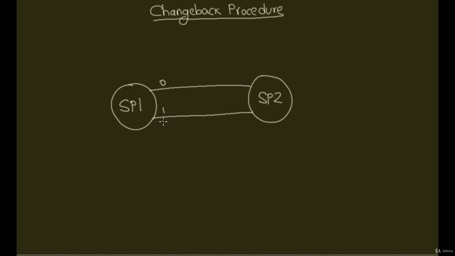In order to follow this process, signaling point 1 will send the changeback declaration from SP1 to SP2. So a CBD message will be sent, and this will state that signaling link 1 will no more be used, and everything will be diverted to signaling link 0. With the acknowledgement of this, it will get the CBA message, the changeback acknowledgement, from SP2, and after this acknowledgement, the new MSUs will be sent over link 0.